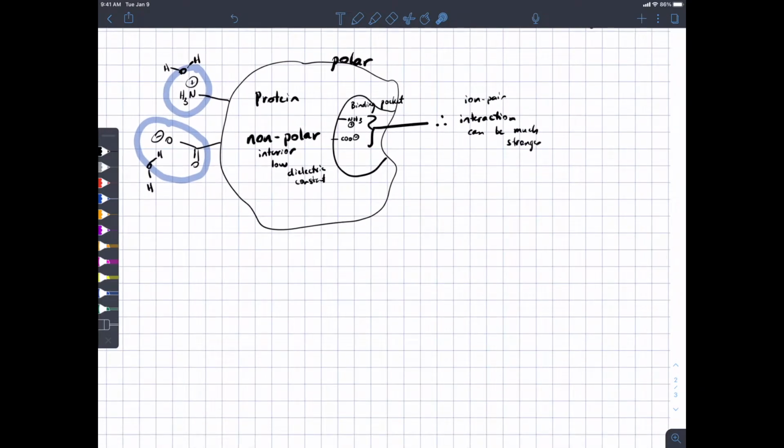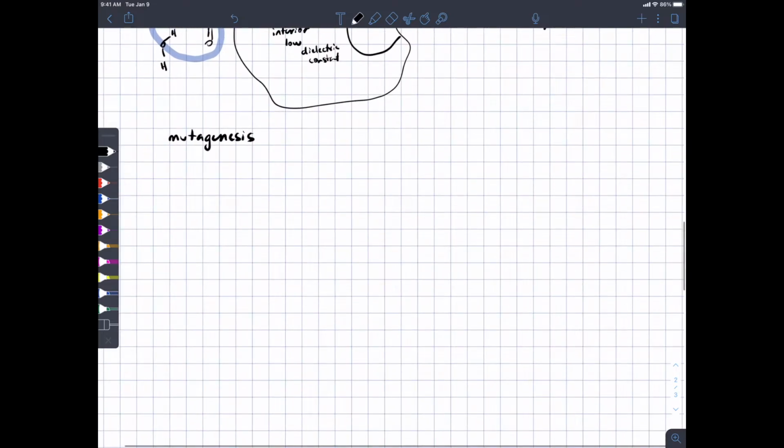That's done by something called mutagenesis. And all this means is if we think that two amino acids interact with each other, we want to measure the strength of the interaction, we get rid of the interaction by mutating one amino acid, swapping it out for another that doesn't have the positive charge. Okay? So as an example, suppose, again, we have our protein and we're interested in knowing whether having this positively charged side chain next to a negatively charged side chain